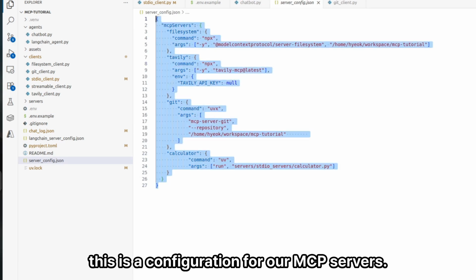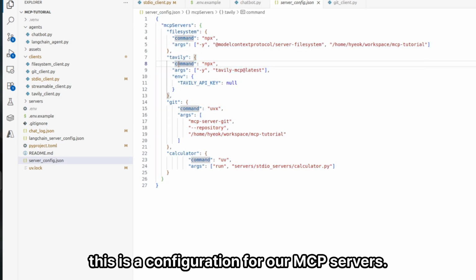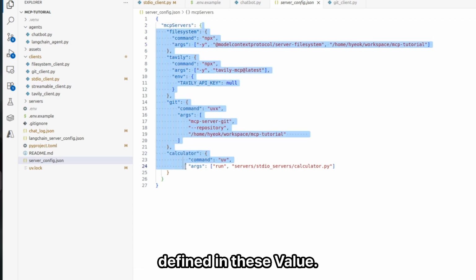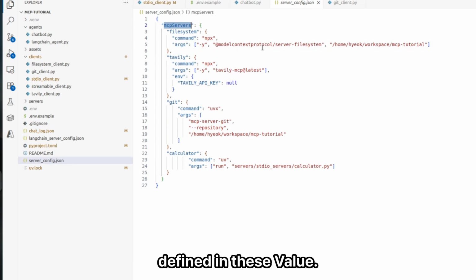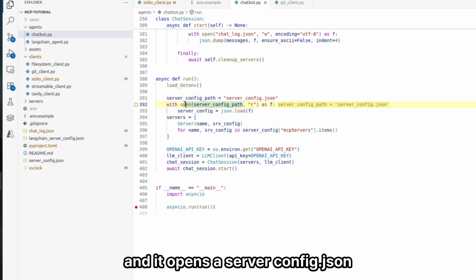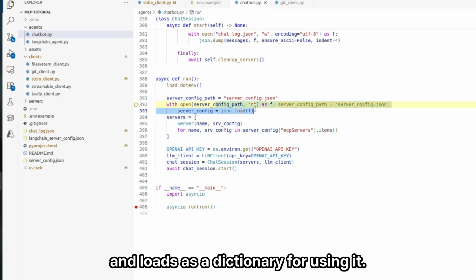This is the configuration for our MCP servers, so you can check the MCP servers are defined in this value, and there is file system, Tavily, git, and calculator, which is our calculator functions, and it opens the server config.json and loads it as a dictionary for using it,